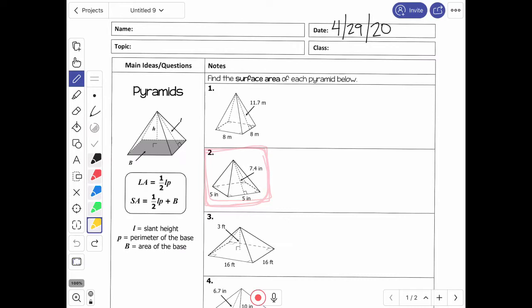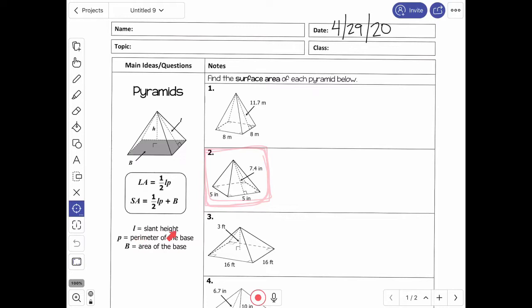So looking at pyramids, pyramids are these solids that have one base and then all of the other non-base faces are meeting at a single point, okay? So we have three different variables that we're going to be using. We have this italicized L, and that italicized L, you might think it might stand for length, but it actually stands for the